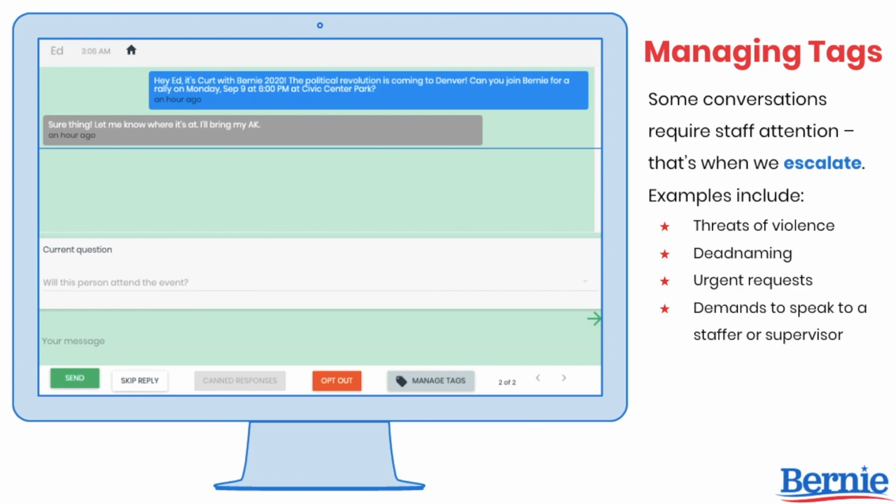These are extremely sensitive conversations that we want our staff to handle. Urgent requests, like someone who is locked out of an event or a volunteer who can't find the meeting place for a rally, should also be escalated. When this happens, make sure to immediately notify volunteer support so that they can bring it to a staffer's attention. Finally, please escalate demands to speak to a staffer or supervisor so we can handle any difficult or challenging dynamics